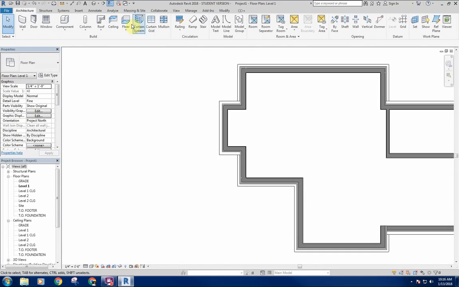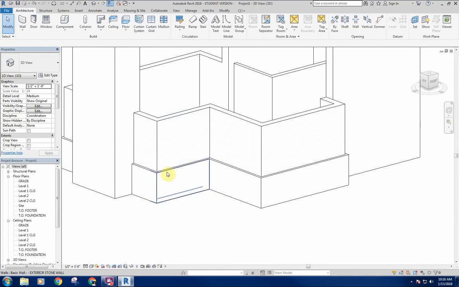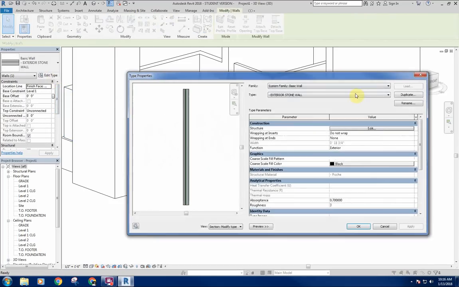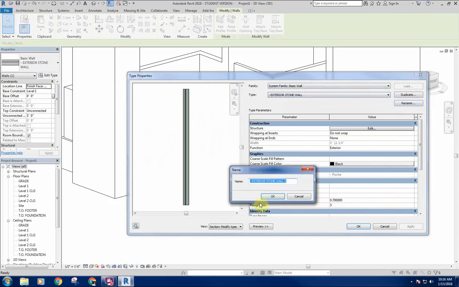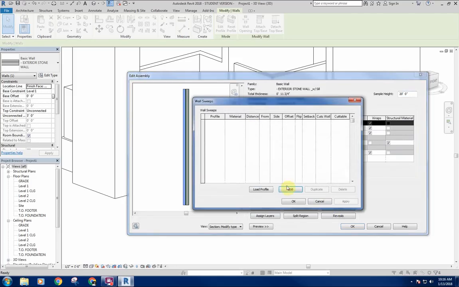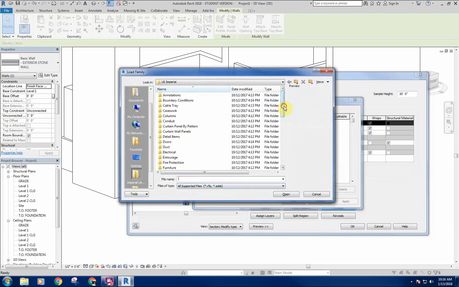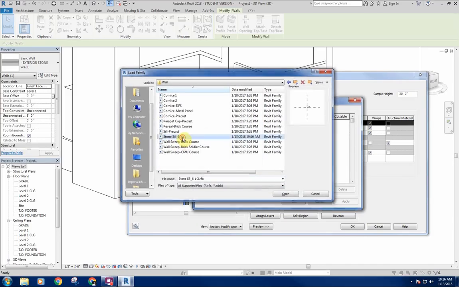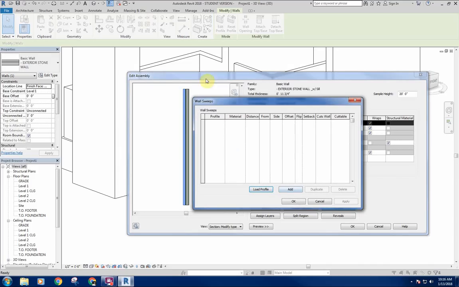So it's loaded in here. I'm going to go to my wall here, duplicate again, say with sill, come back to our structure, sweep, load profile, profiles, wall, and I just find it in here. It's already loaded in here because when I came in I hit load into project. So I'll hit add, profile I want is sill 6.5,